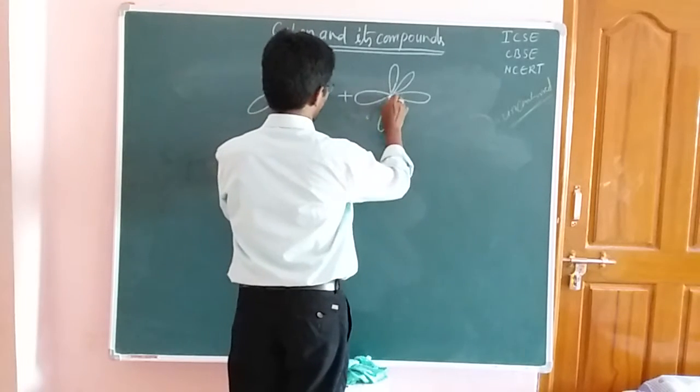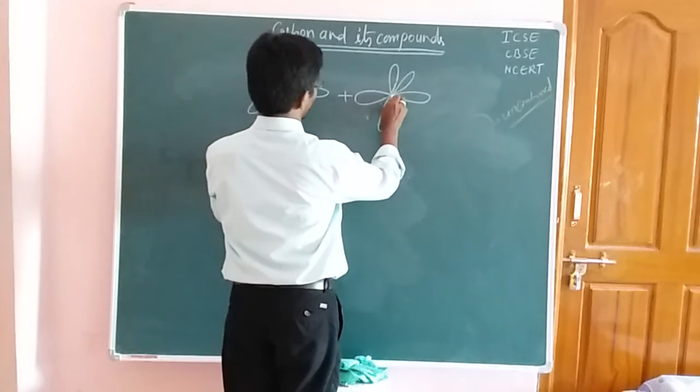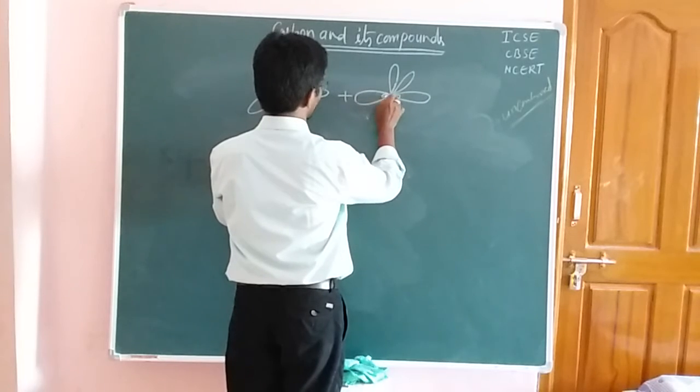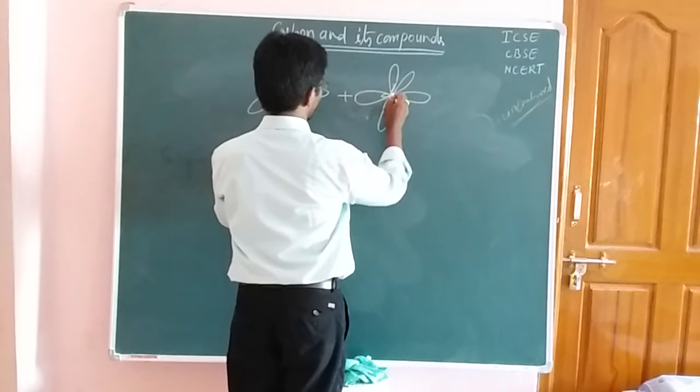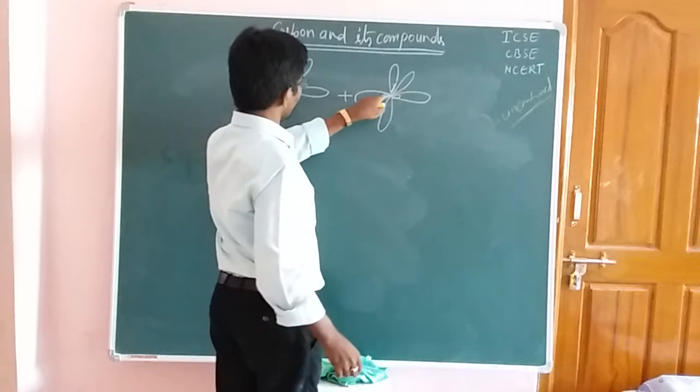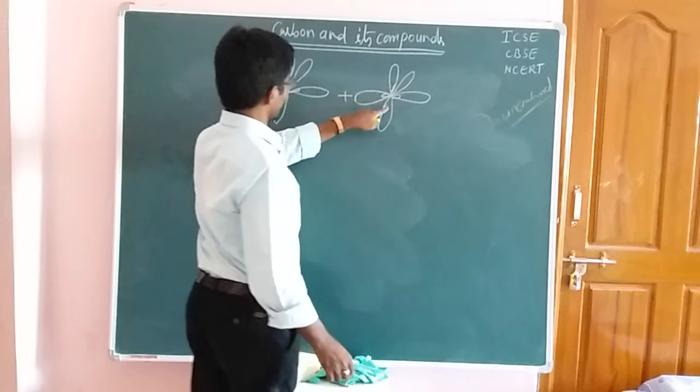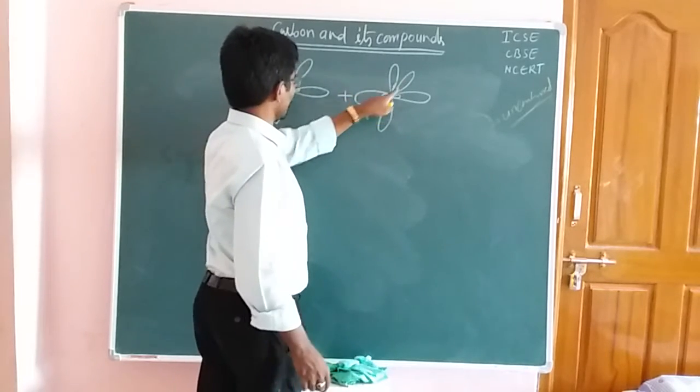Now these are the same kind of hybridized orbital. So 1, and next one the 2, and next one is the 3, okay friends. So these are the hybridized orbitals. Now this is the pure p orbital.